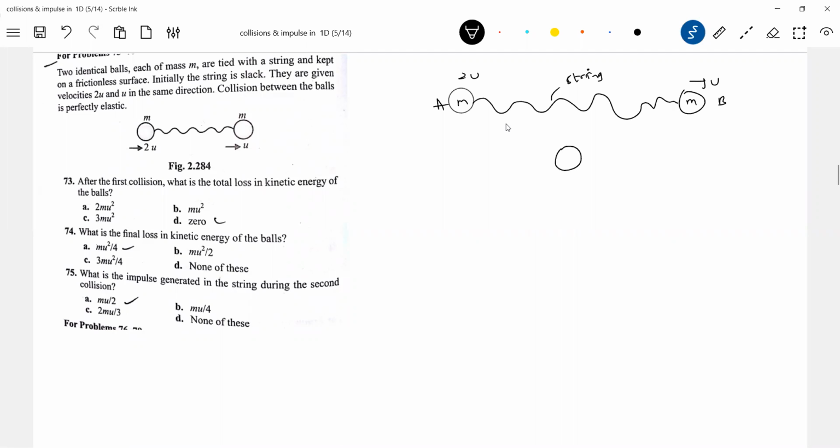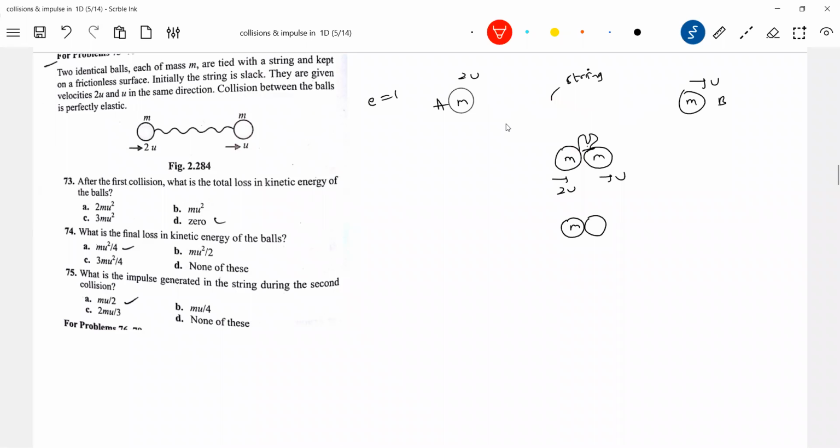Somewhere I should show a sequence of diagrams, everything. I'm presenting just before collision: A will have speed 2u and B has u. Elastic collision occurs. Due to elastic collision, as e equals 1, there'll be an exchange of velocities. So after collision, what will happen to B? B will move with a speed of u, and A will be moving with a speed